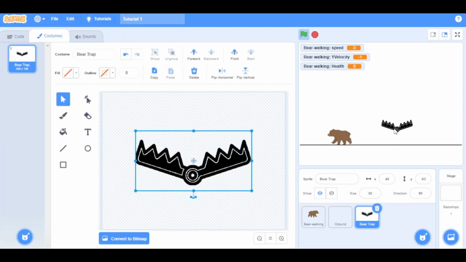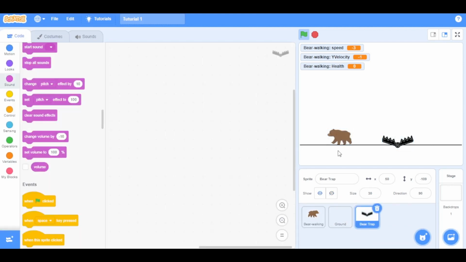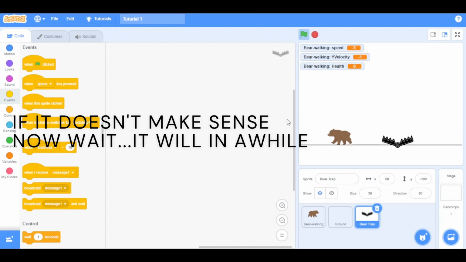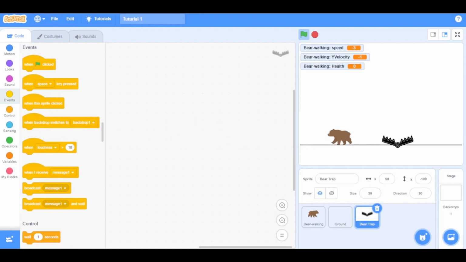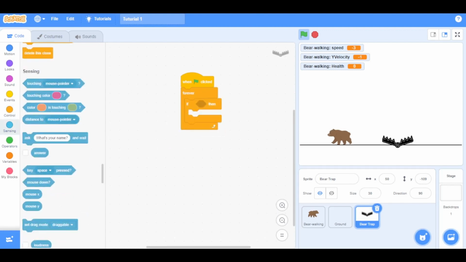And now we will have various bear traps in one level. So instead of setting for bear to sense the bear trap, we will set the bear trap to sense the bear. When green flag is pressed, forever, if from sensing we take touching bear,